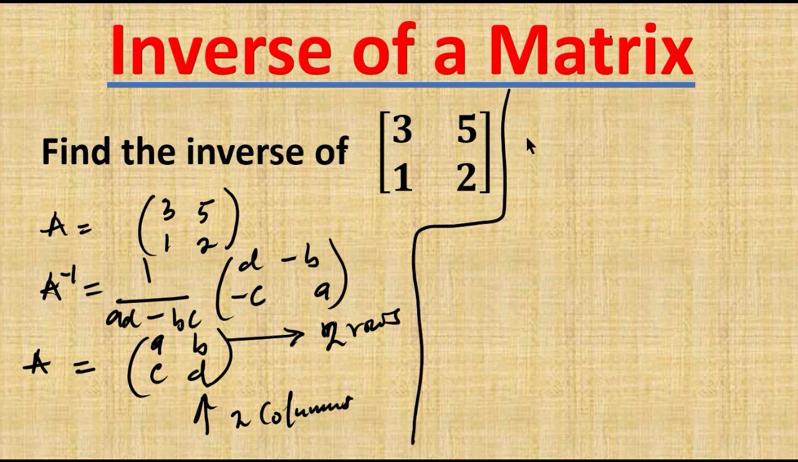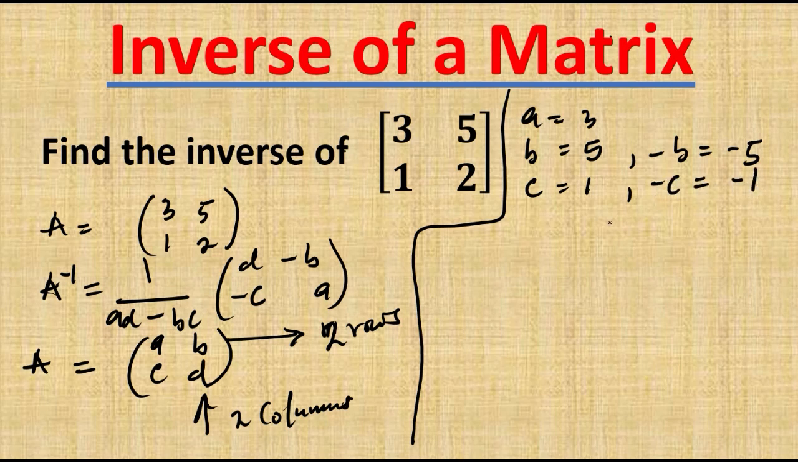From this, we know that A is the same thing as 3, B is the same thing as 5. Now we need minus B, so minus B is the same thing as minus 5, and C is the same thing as 1. We also need minus C, so minus C is the same thing as minus 1, and D finally is the same thing as 2. So we can now substitute each of these values in this equation or in this matrix, so that